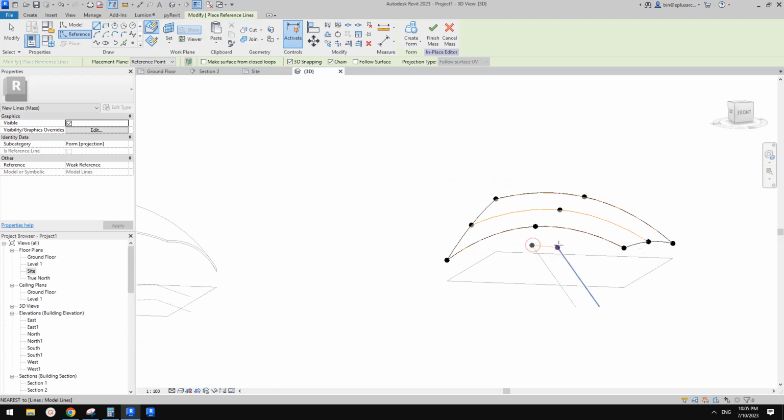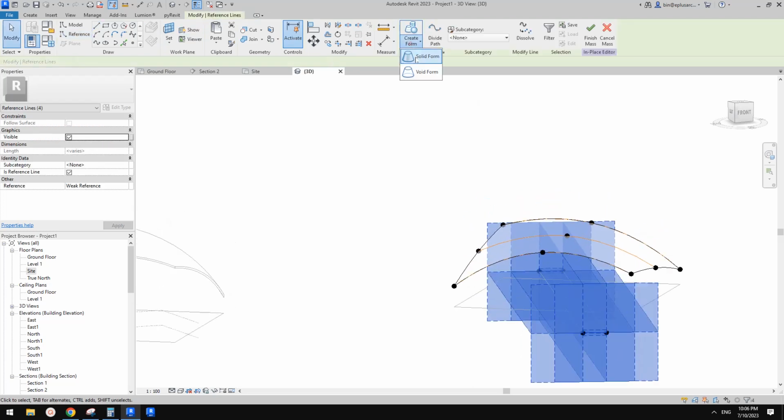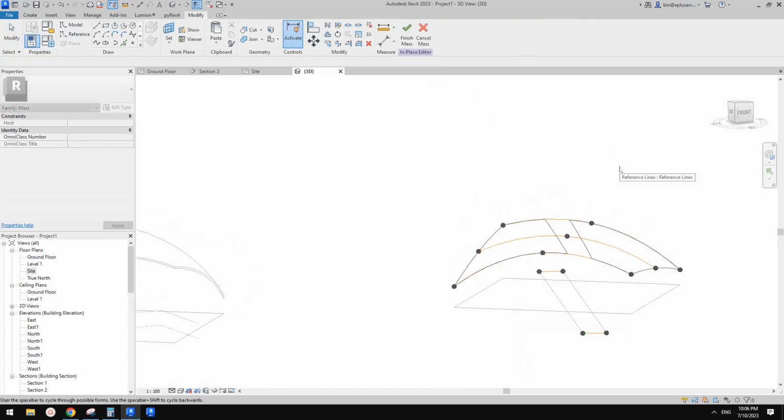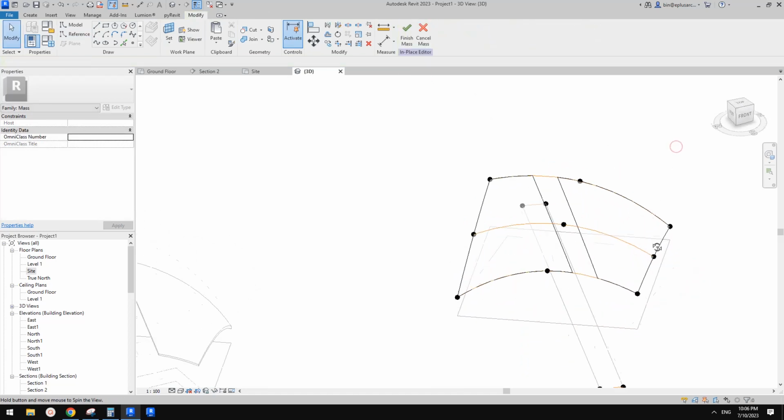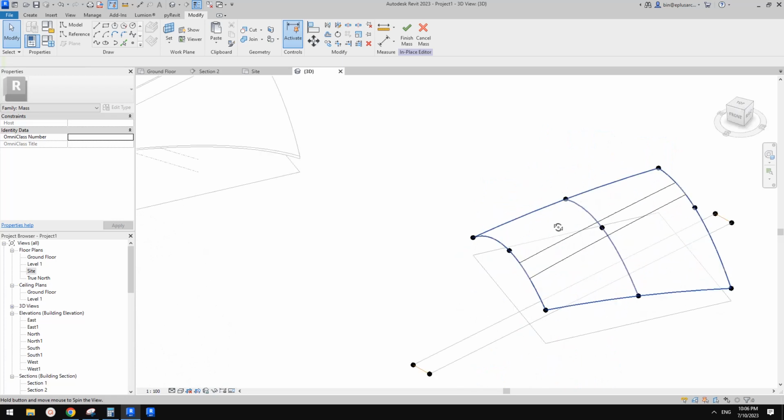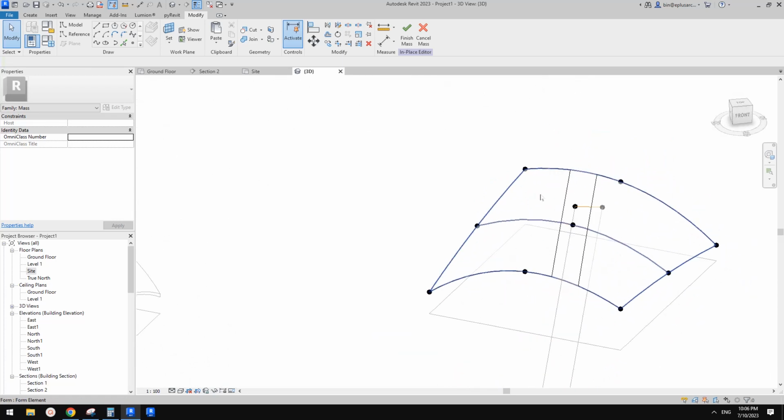Okay, yeah, great. So I'll just draw one line, two lines, maybe just close it. Okay, and then select and create a void, and then it should automatically cut. You can see it cut this. Okay, so now we have this